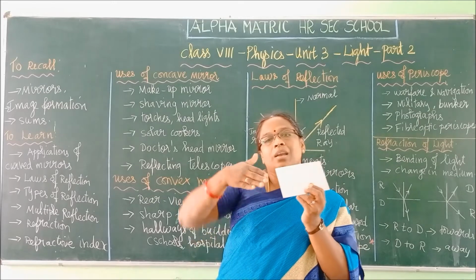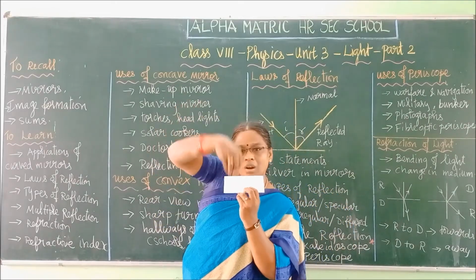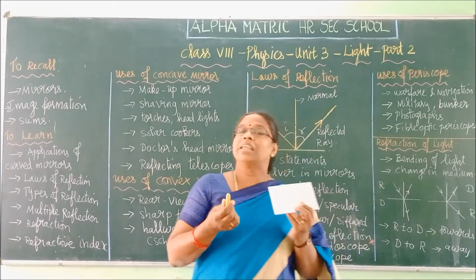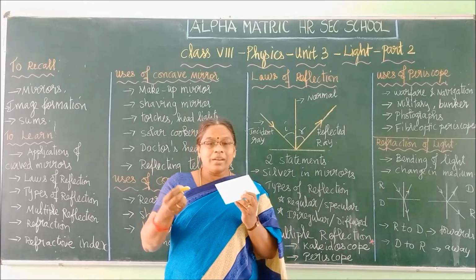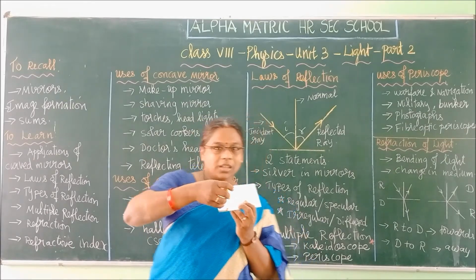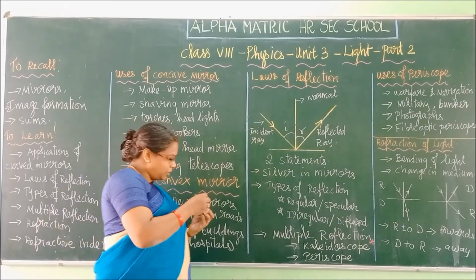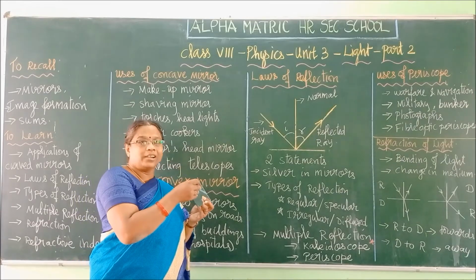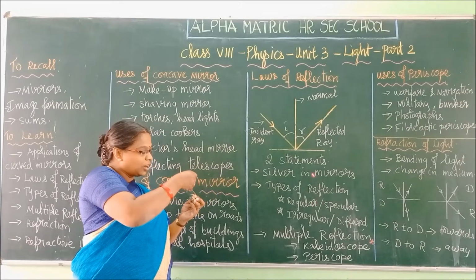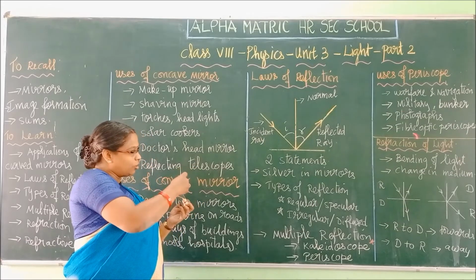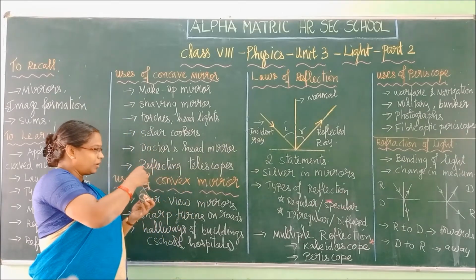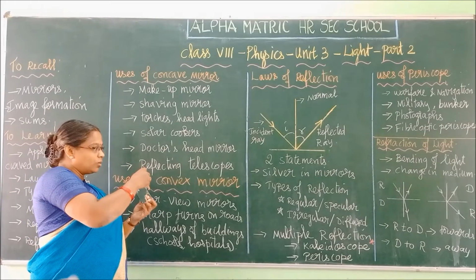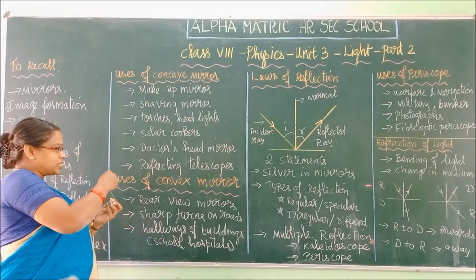So on a surface like this mirror, when light is incident, for your convenience I have a laser light with me, right? Now see what happens when I make the light incident. I am just focusing it on the board. You can spot the red light on the board. Now you see here, children. I am directing the light towards the mirror, only towards the mirror. But you can see this red spot on the board.